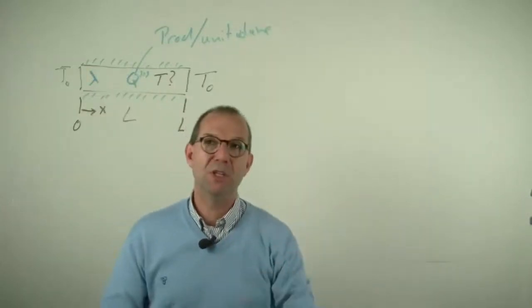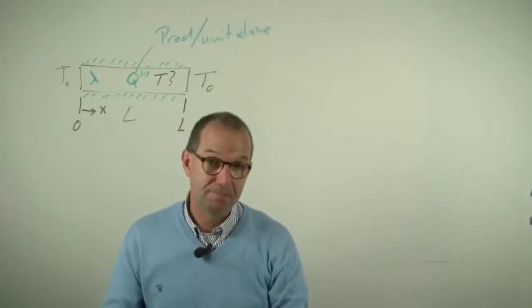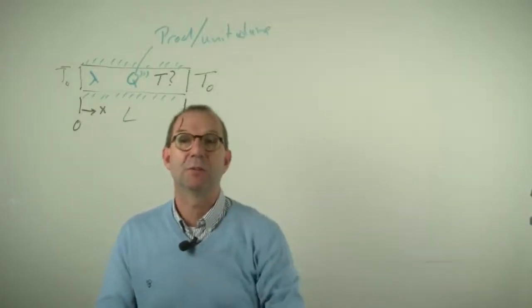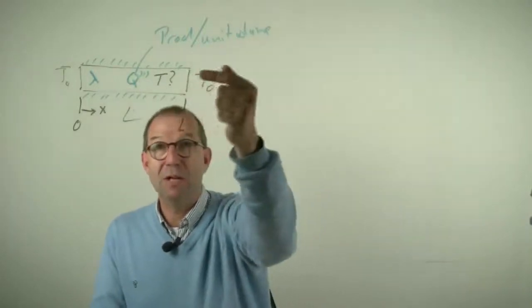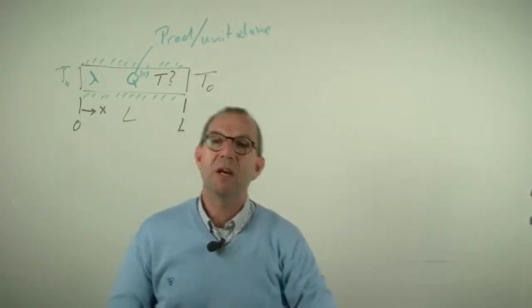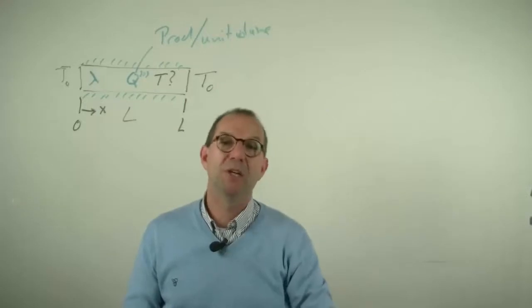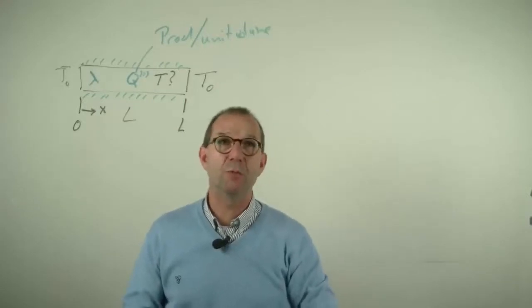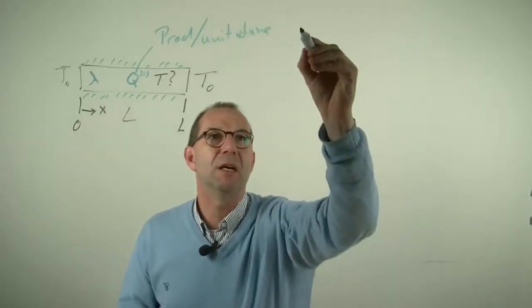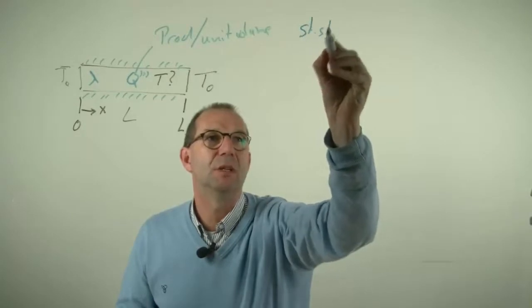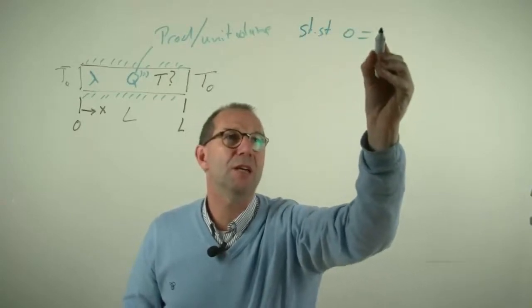And thus I can also anticipate that the hottest point will be exactly in the center. And then it goes downhill left and right. But we can compute that. And we can find out that it will be a parabola. How do I do it? Well, it starts with realizing that we need a heat balance. And in steady state, the heat balance reads, as we know,